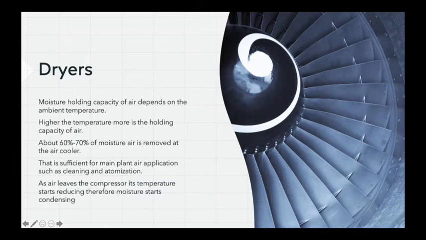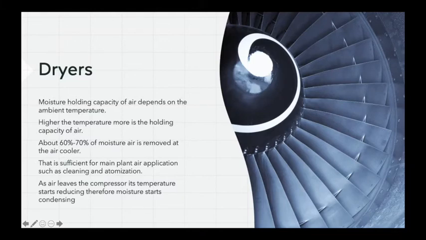Now this leftover 30% actually hampers my process where this air is used for precision work. And if I have to use this air for cleaning and atomization purposes, this 30% moisture doesn't affect us. So where this moisture is not affecting us, we can use this air without passing it through a dryer. And where in my precision work the quality of air in fact affects me, there I have to pass it through a dryer and make it usable.